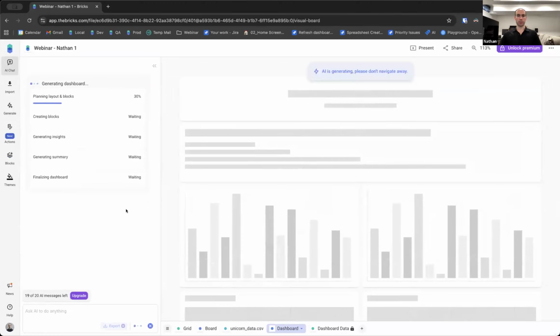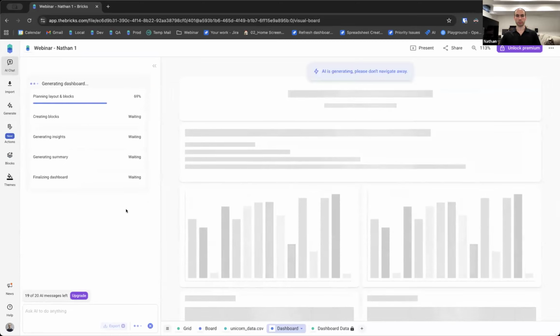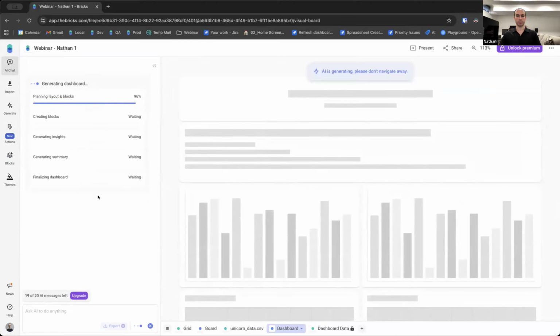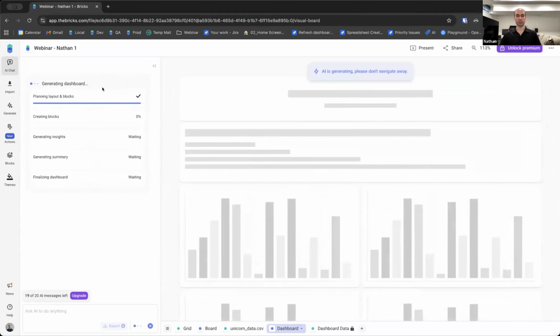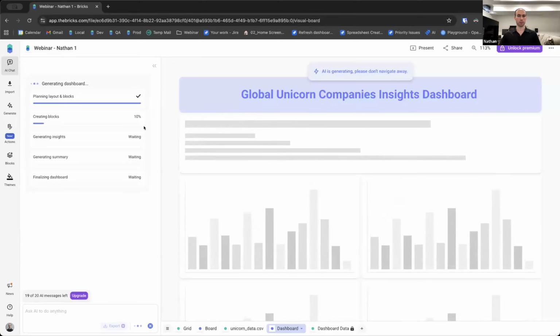So now it's going to go through the whole process of analyzing your data and deciding which blocks best represent your data. So we've got the first step, the analysis step. We've got separate agents for each of the steps that it goes through in the dashboard creation process. First one analyzes your data, decides which blocks are going to be here, which charts, tables, insights, everything that